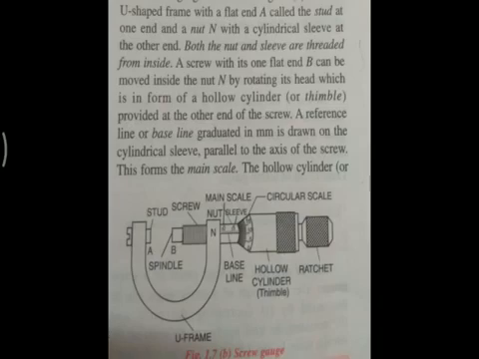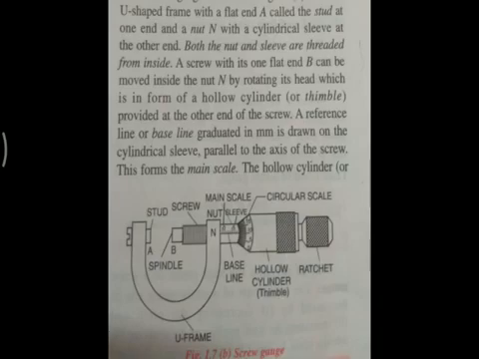The screw is always rotating by turning the ratchet. Whenever you are moving the screw, you will not hold the cylinder part, you will not hold the stud, and you will not move the sleeve. You will move the ratchet only. As soon as the flat end B of the screw comes in contact with stud A, or with the object in between, we don't move the ratchet, and accordingly we do the calculation. So further comes the main parts of the screw gauge.